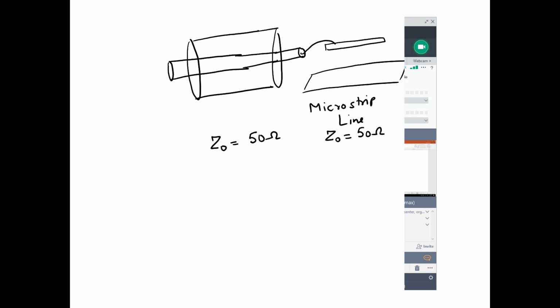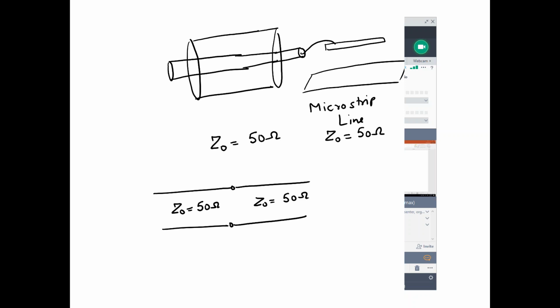What you have learned so far, you would tell me that this is effectively as if I am going from one line which has Z naught of 50 ohms into another line which has Z naught of 50 ohms, and thus right at this boundary of these two lines there won't be any reflection which would be created. If I look at the reflection gamma at that boundary, gamma would be the load minus that, so it would be basically acting like a matched load, and thus gamma